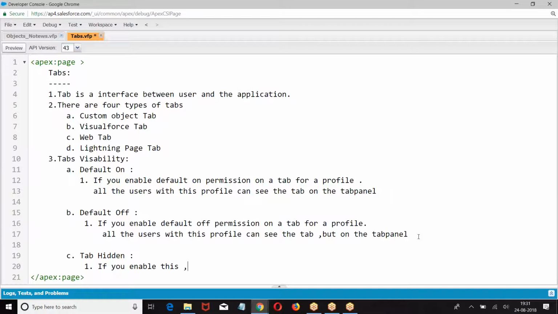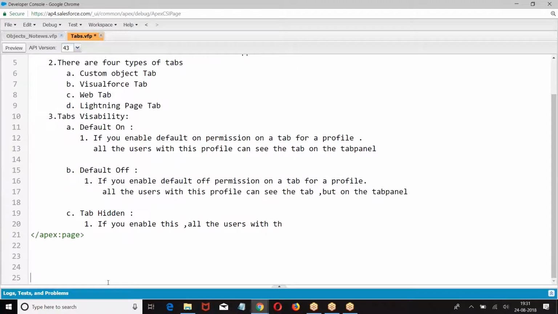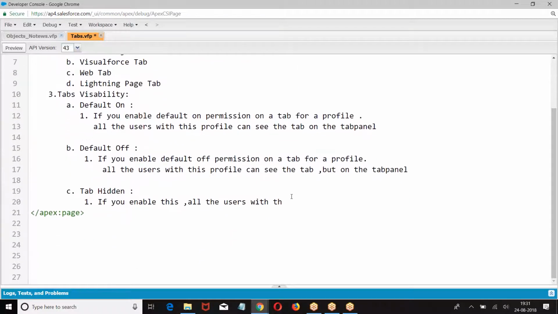If you enable tab hidden, all the users with this profile cannot see the tab. Default on means you can see it and it is available on the panel.